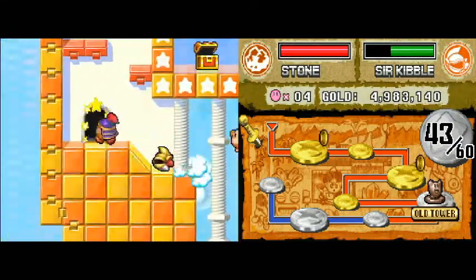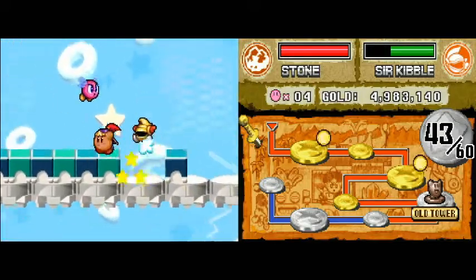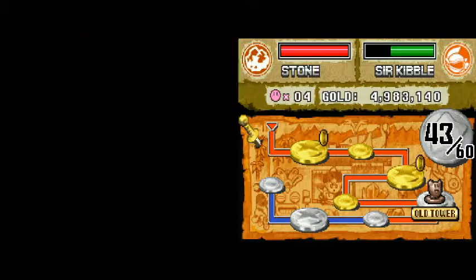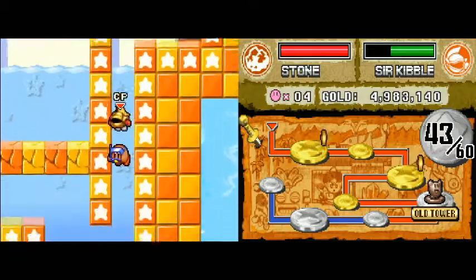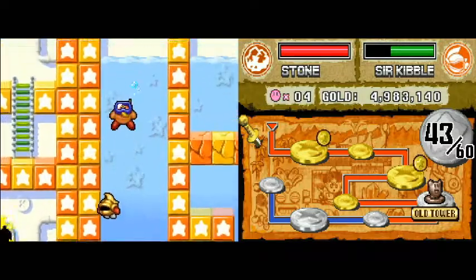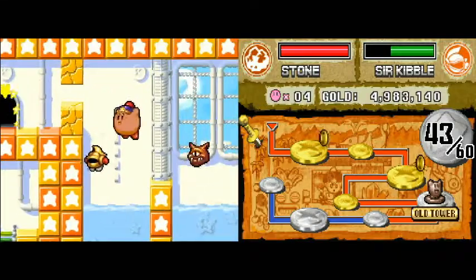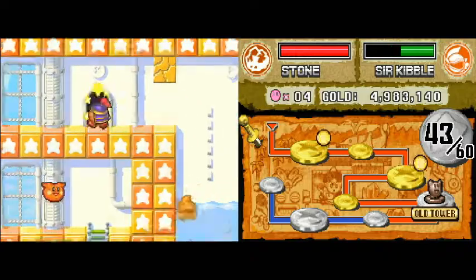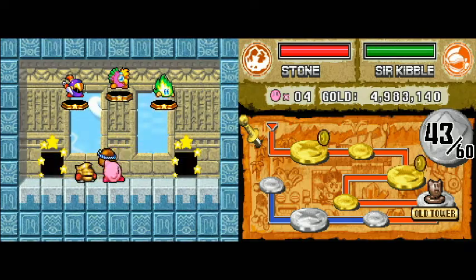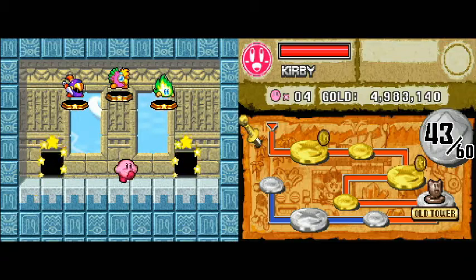I don't think I need to exit that way. I'll just go through here. Like I said, these would be a lot easier to get with a partner. Alright, well, I do have a partner. With a player-controlled partner. Okay. Go ahead and give it a Sir Kibble. I'm gonna take...